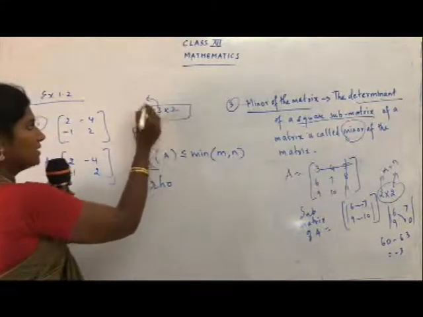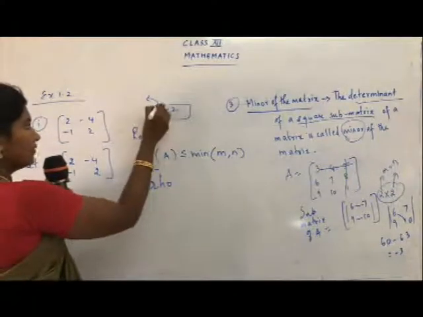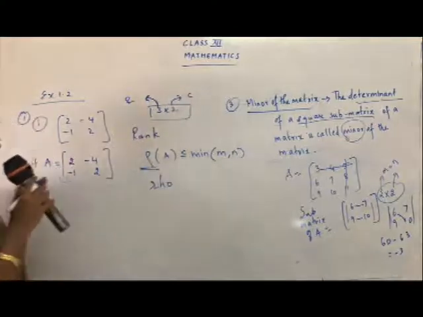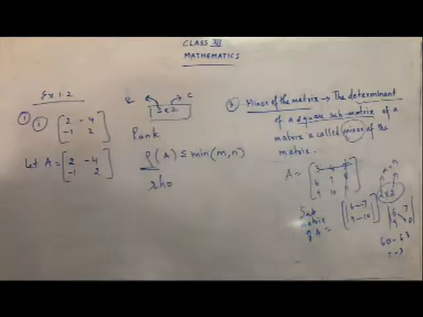The first part gives the detail about the row, and the second part gives you the detail of the column. So if you have a matrix which is of order 3 cross 2, how will the rank be determined? Rank will be less than or equal to the minimum of M comma N.